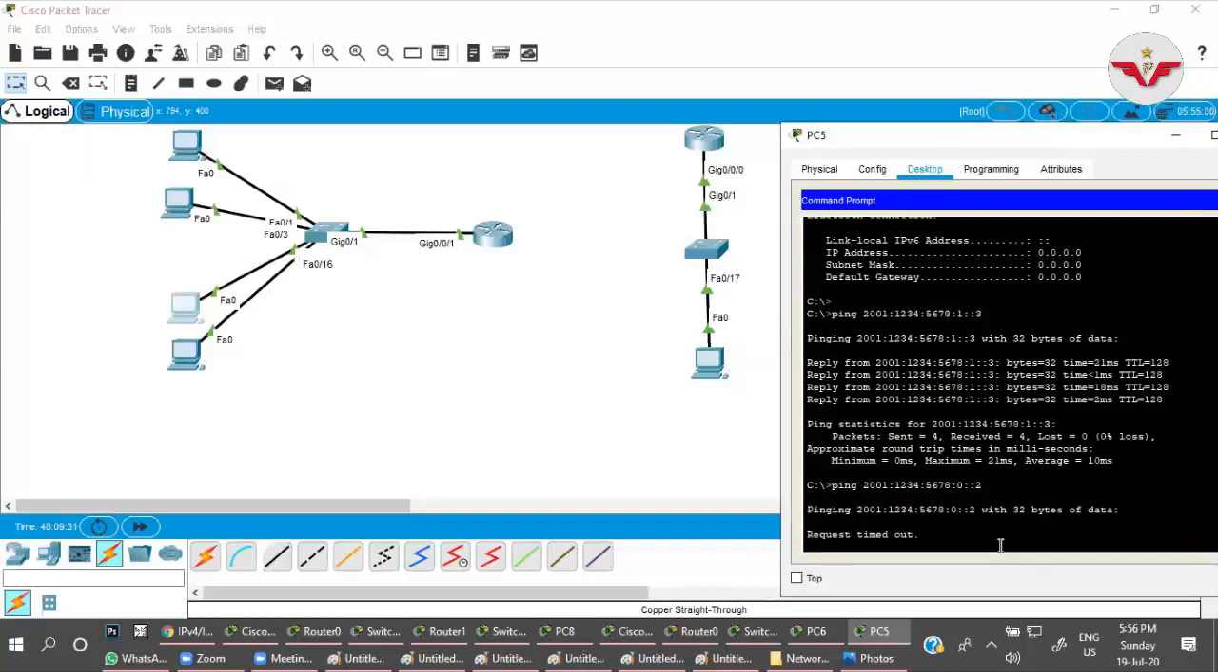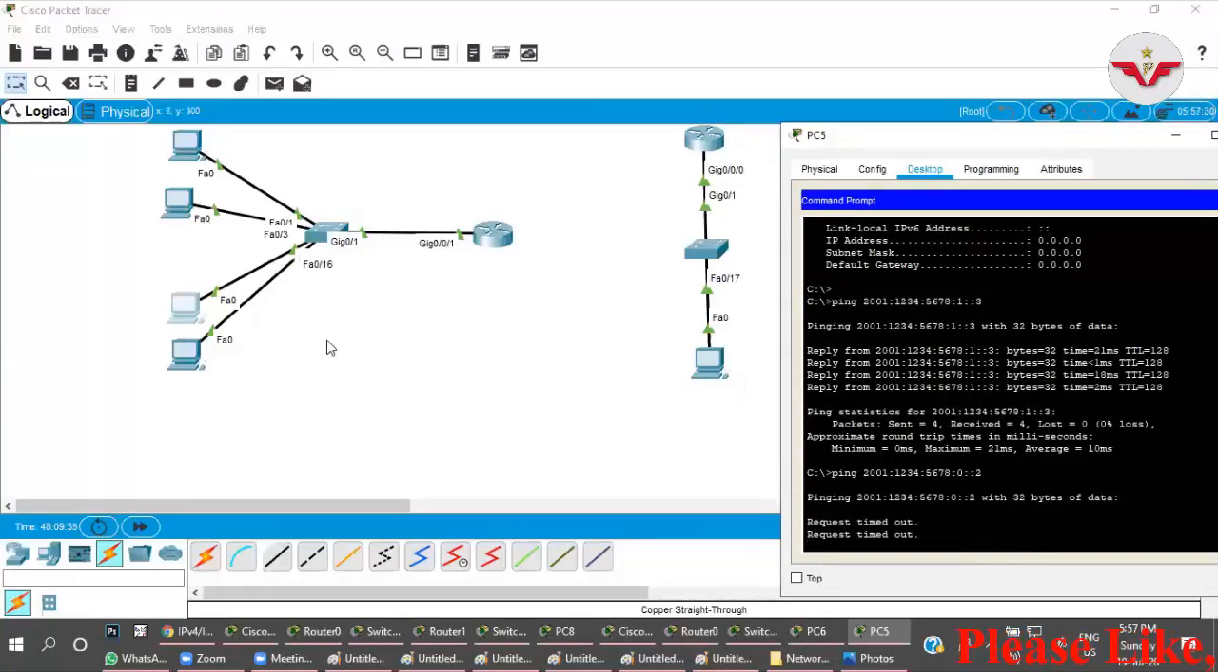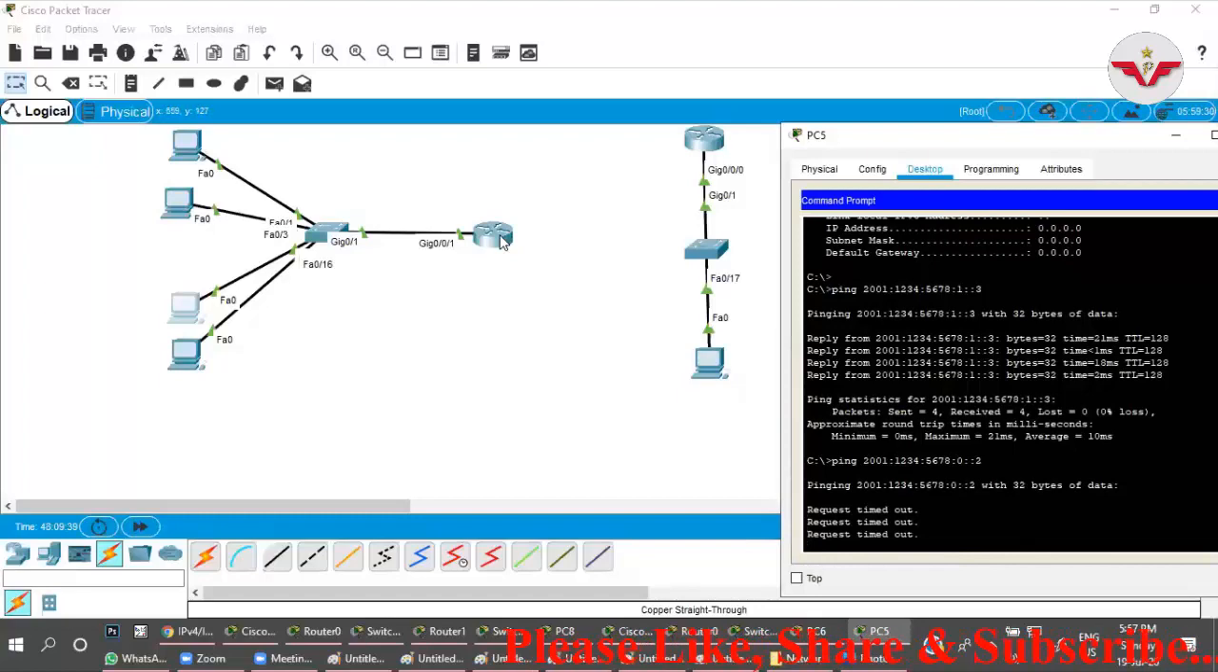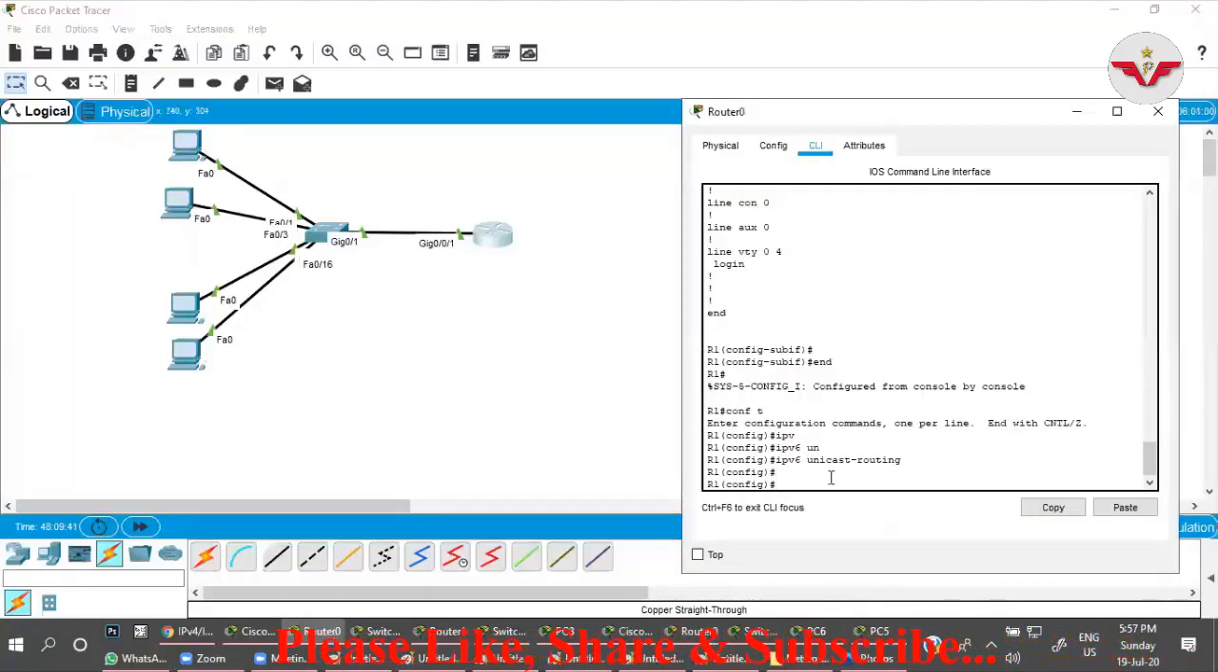I think there is some issue in VLAN configuration only. That is why it's not communicating between each other. Communicating is a different VLAN. Yes. So there is some issue in configuration of VLAN only. So let me check. Do show run